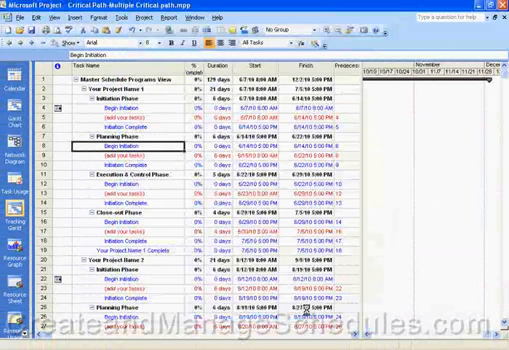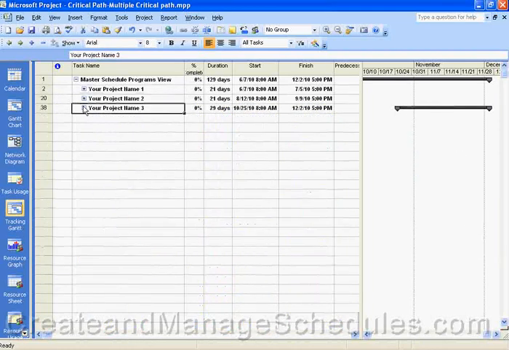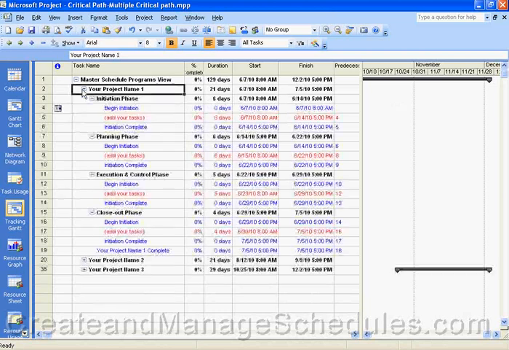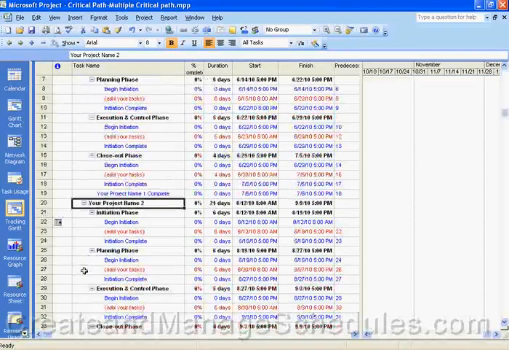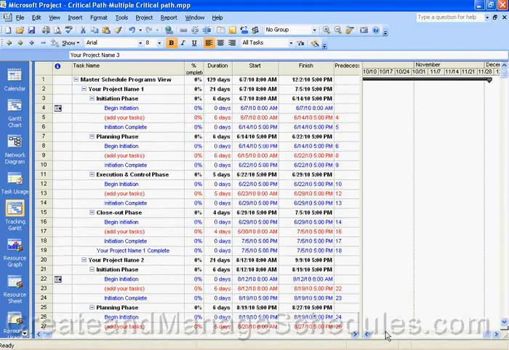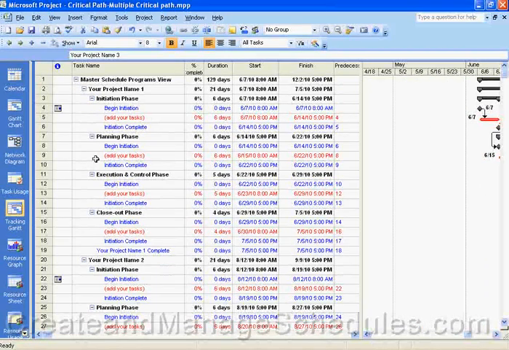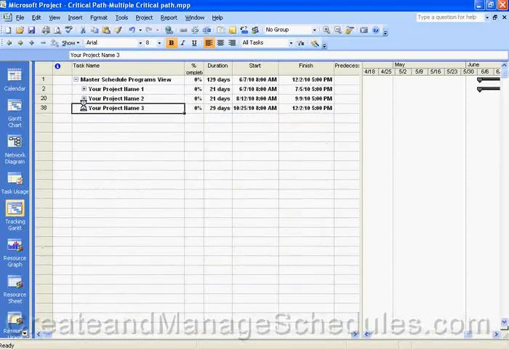And now you can see that because, again, this is a master schedule, I have 3 projects within this program, and now I can see multiple critical paths. Previously I only had 1 in here. And now you can see red. So it's looking at each of these projects separately, as opposed to previously it was looking at all 3